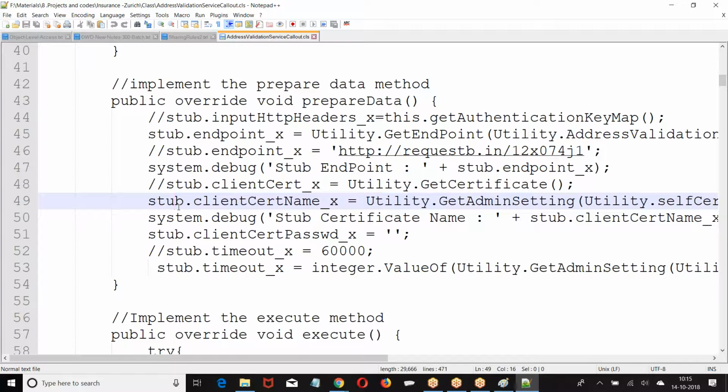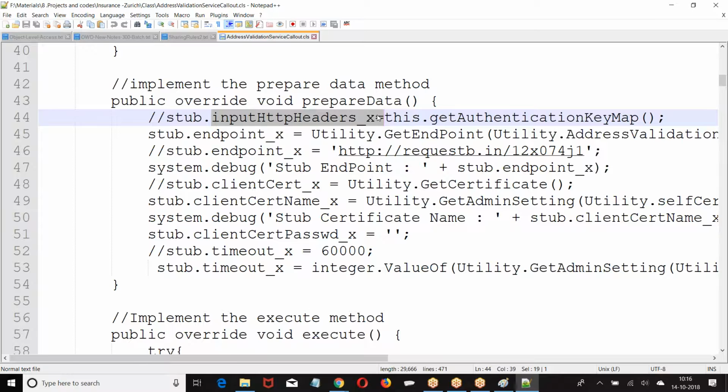Second one, I told you, in the header element, if you are expected to pass the data in the header element, we are using it. If you are expected to pass the username and password in the header, I told you we can also pass in the input headers. We can put key value pairs in the form of input headers. If you already have an access token, we can straight away put it in the input header.